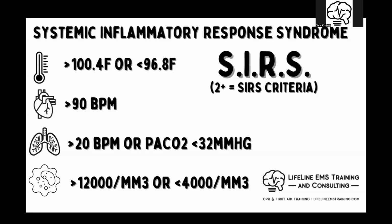So what happens? Well, we spike a fever, trying to make a suboptimal environment. Maintaining that fever, though, we have to have a high metabolic output to generate that heat. So we can only sustain that for so long. So in late sepsis or cold sepsis, the actual temperature goes down. Heart rate at or greater than 90 sustained, because again, catecholamine response, increased metabolic output, increased RPMs of the